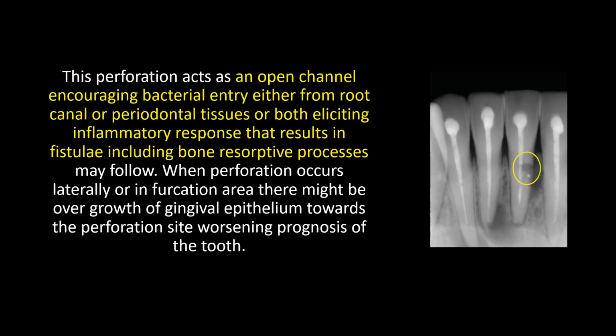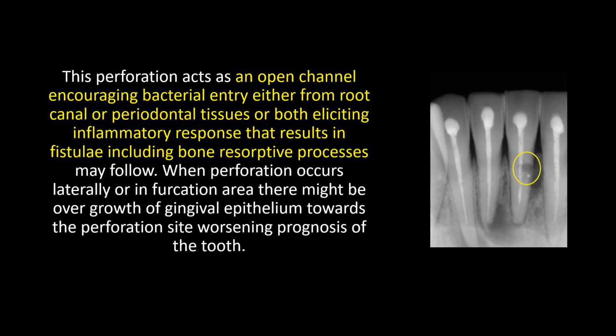This perforation acts as an open channel encouraging bacterial entry either from root canal or periodontal tissues or both, eliciting inflammatory response that results in fistulae, including bone resorptive processes may follow. When perforation occurs laterally or in furcation area, there might be overgrowth of gingival epithelium towards the perforation site, worsening